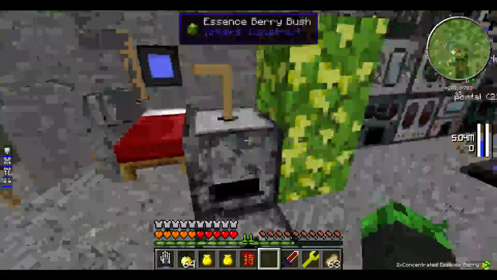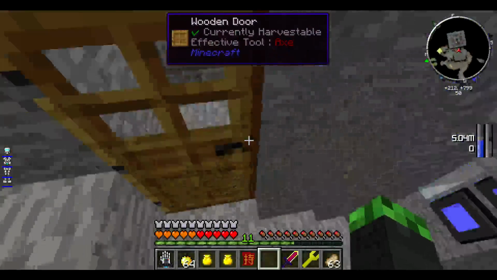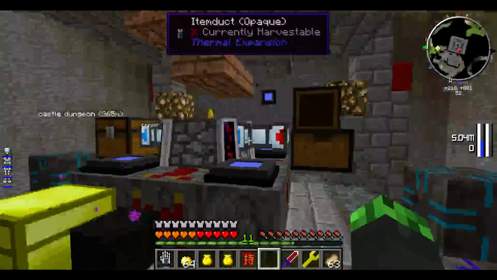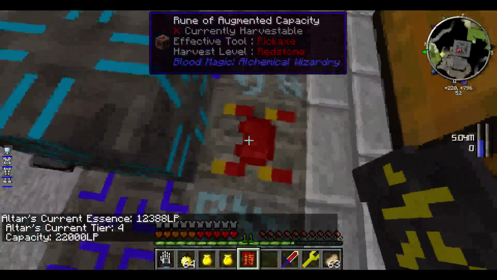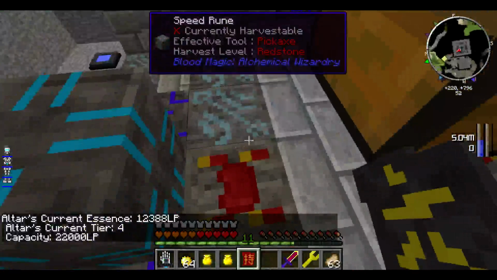So yeah, that is the basics of what I've done. But then we get into this again. I keep going back and forth because this just allows me to put in multiple of one object. And if you see, I right click that, capacity of 2200. So rune of augmented capacity, don't mind these. These are just part of the Well of Suffering because